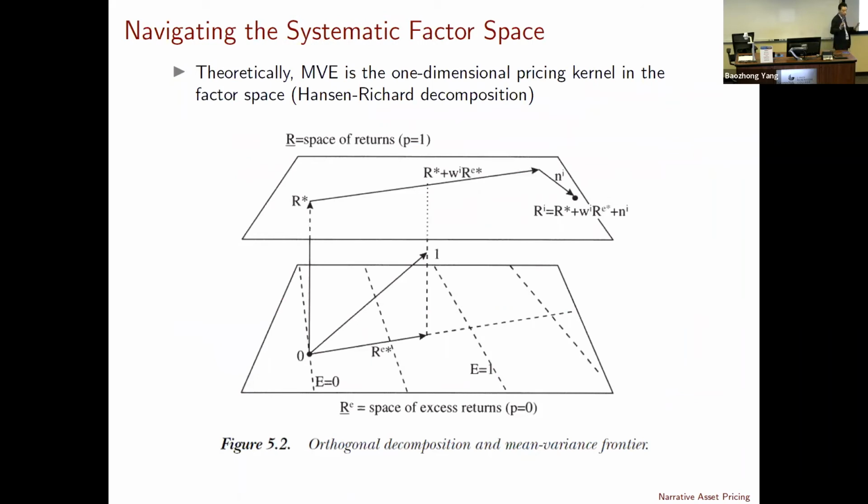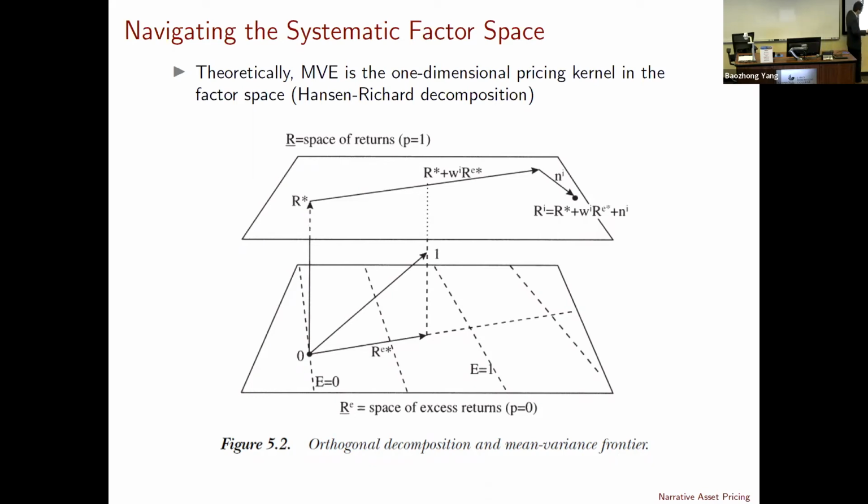To tell you how to visualize something, I need to tell you about the factor space. Factor space is just a space. If you rotate to another basis, to other factors, it's still the same space. So there's an identification issue here. I need to be specific about which direction I'm talking about here. Otherwise, it's meaningless. So first, I'm going to focus on this particular direction. That's really the holy grail of asset pricing. I'm focusing on the mean variance efficient direction, right? So I'm going to orient the result here.